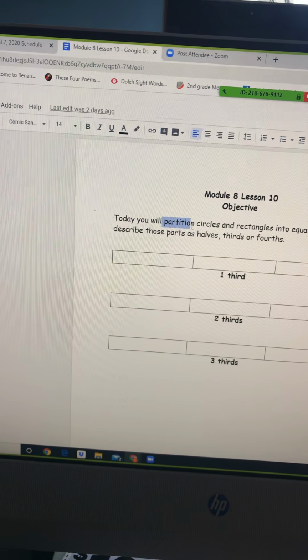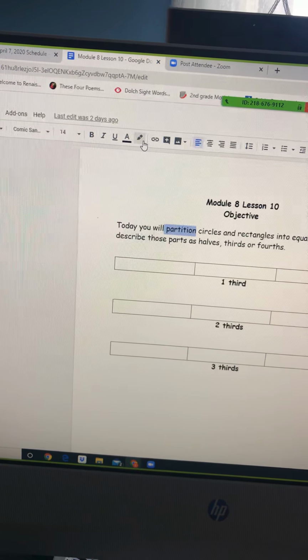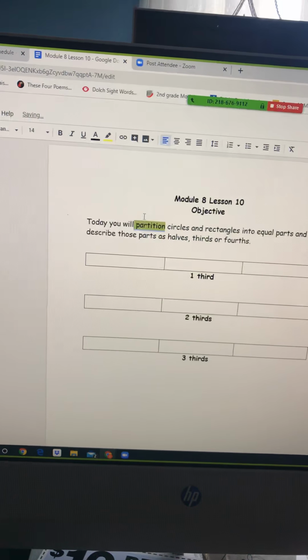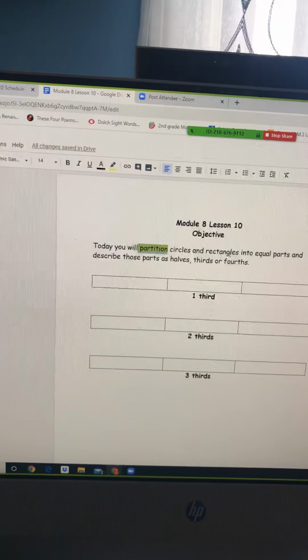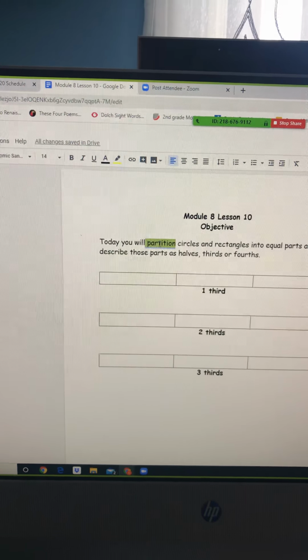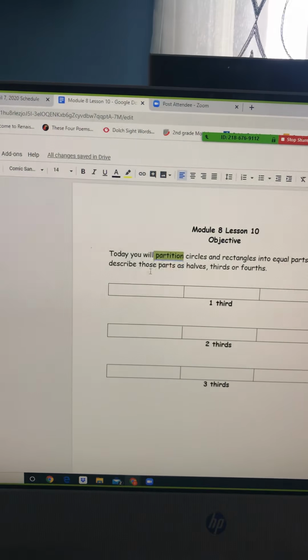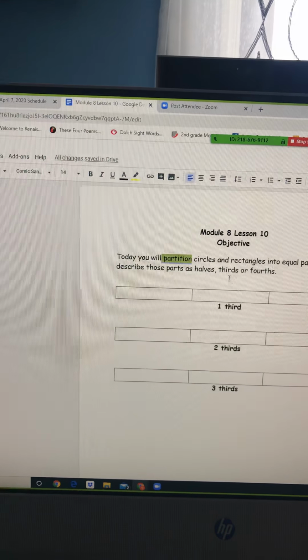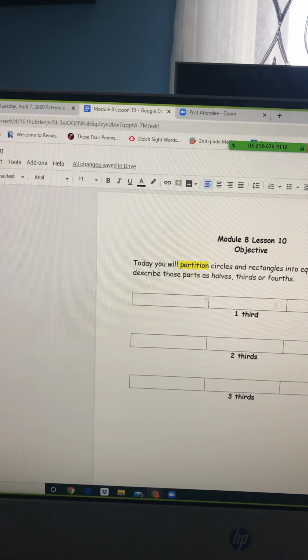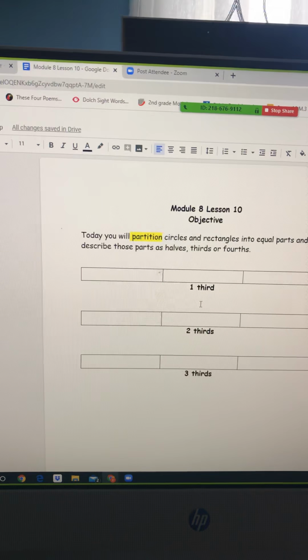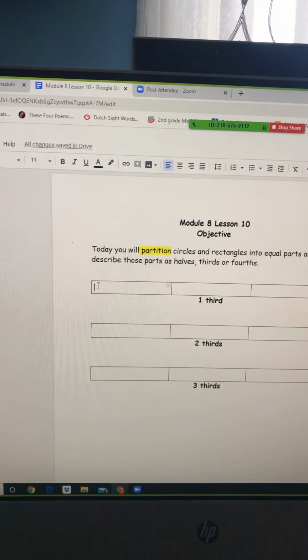Partition has the word part in it. Partition means we're going to break it into parts or pieces. We're going to take circles and rectangles and break them into equal parts to describe halves, thirds, or fourths. So if this is my rectangle and I want to show 1/3, what I'm going to do is